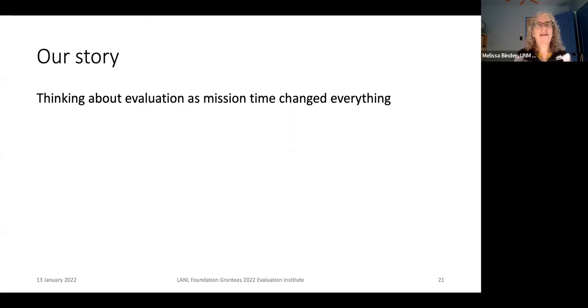I and another staff member met with someone from the Maddox Foundation, and they were really interested in the evaluation lab. And after we met with this man, he sent each of us this book. And we're like, what is this? Why did this guy send us reading? We were actually annoyed, which we shouldn't have been annoyed. It was a gift. It turns out it was a wonderful gift.